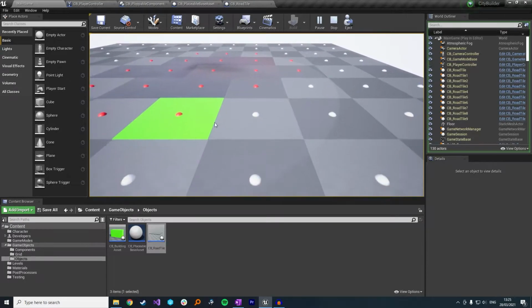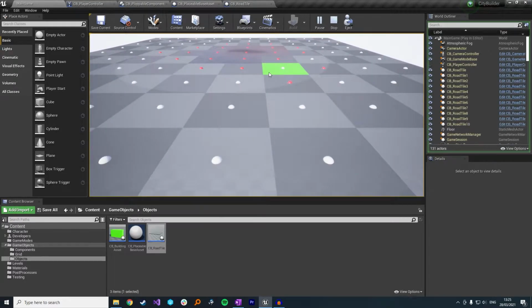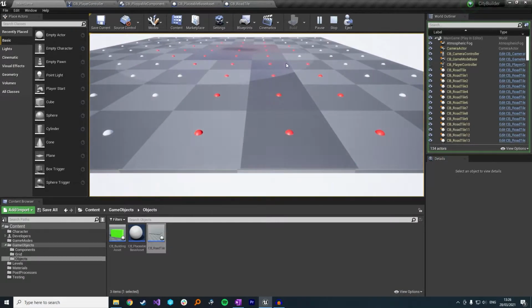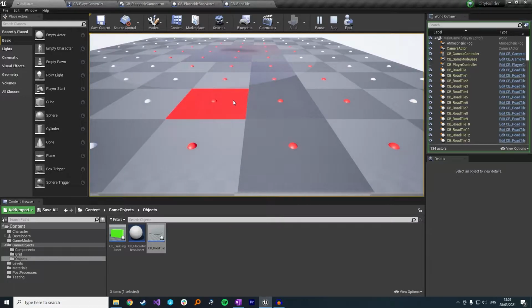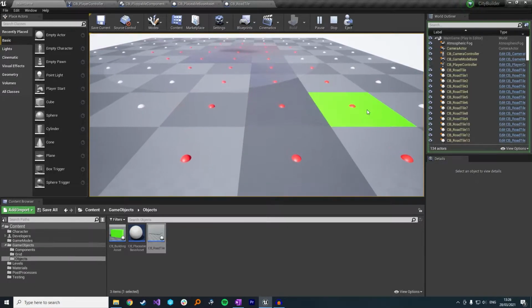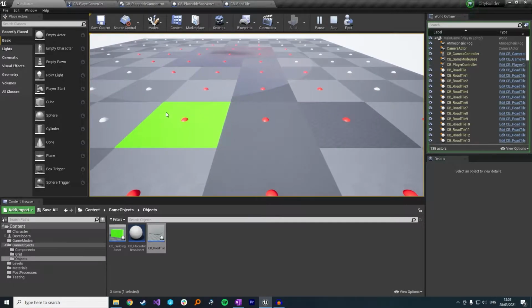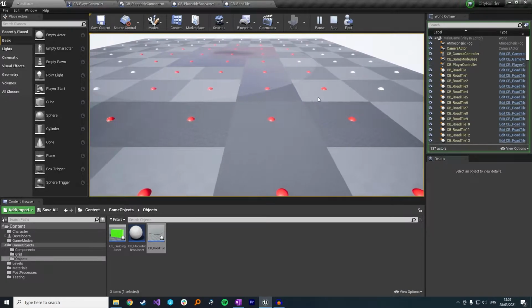A quick example of why I want the grid cell and the buildings to know about each other. If I build a road here, oh, I can't place one there for some reason. I'll place it there. And now I can. Okay, so there's a bug somewhere. I'll do some digging into that later on. But basically, if I have a four-way junction here,